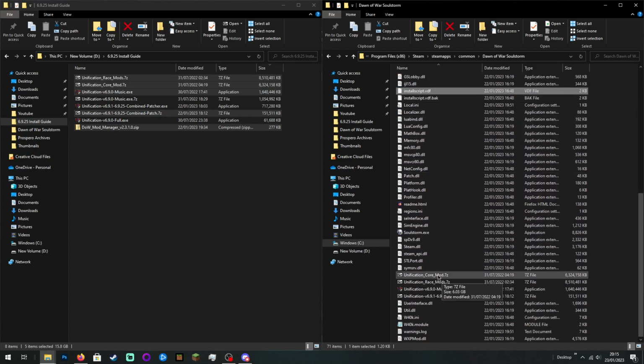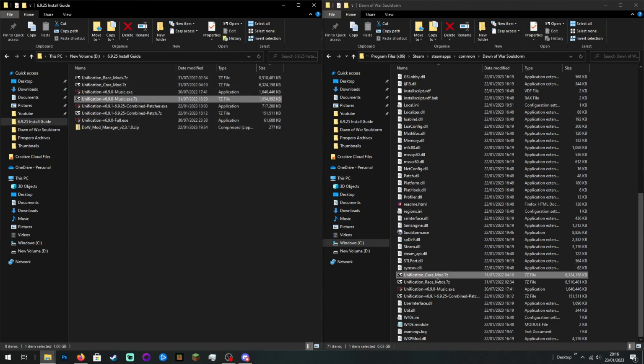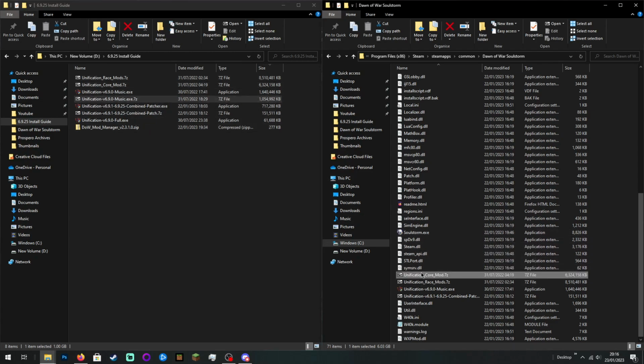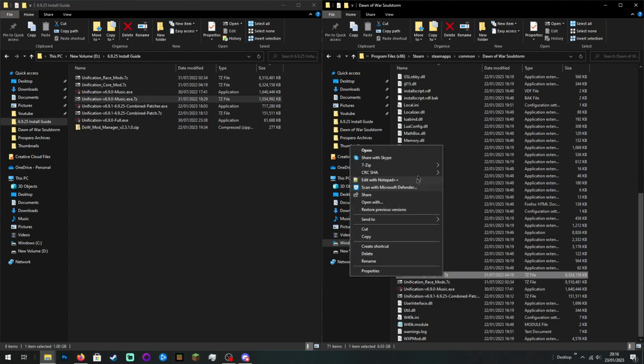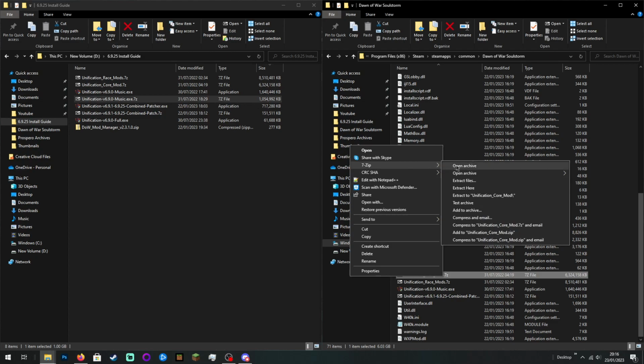So, this is the point where we are most definitely going to need 7-zip, if you hadn't already used it for something else. Because we are going to have to do the same process here that we did for the music 7-zip for the installer version. So we are going to have to right-click on Unification Core Mod, go to 7-zip, and click